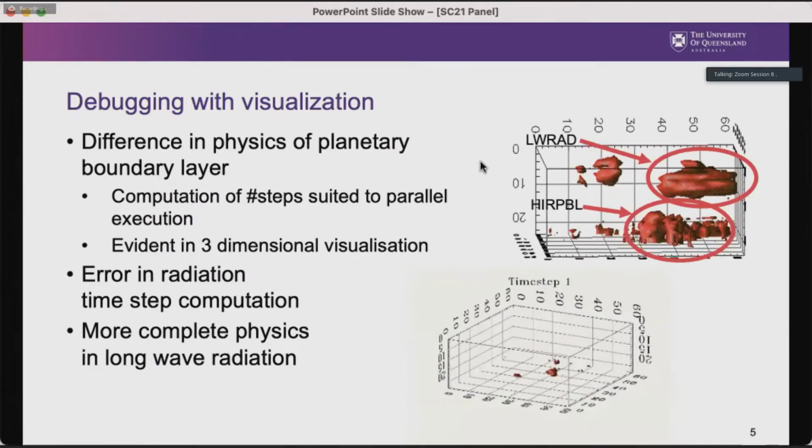This is a slide I actually showed this morning for anyone who came to my talk, and it's quite an old slide. It's one that we produced when we were debugging the port of a parallel climate model from one machine to another, and errors were introduced. And I think more often than not, when you get small errors in a large numeric code, people say, oh, they're just floating point differences. Well, it turned out that this one wasn't just floating point differences.